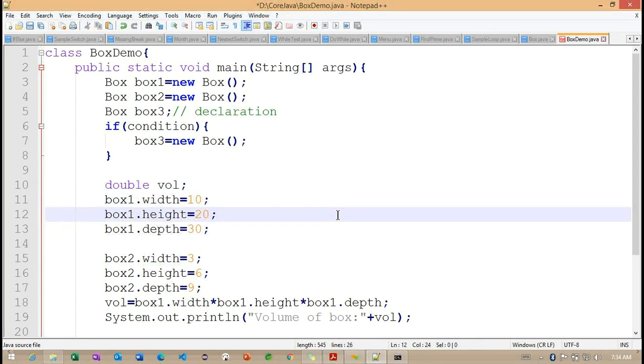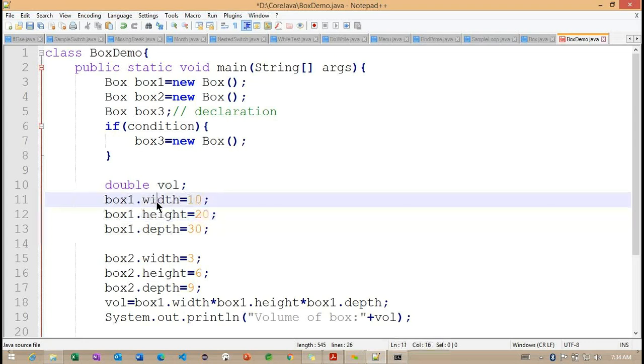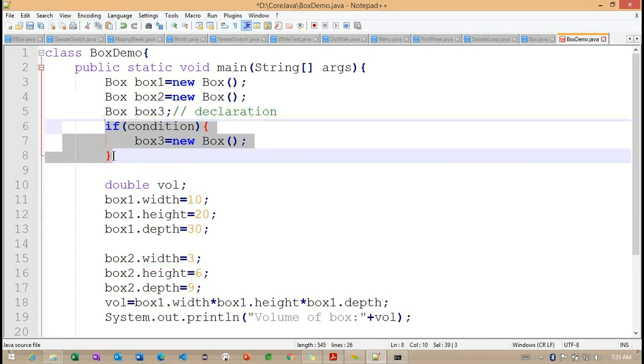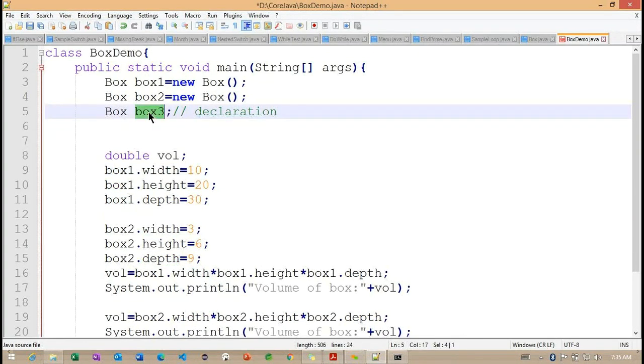So now we understand the simple variable information which is having the data type value. But here what I'm doing, I'm going to make it as an object reference variable. How we can create it here? So for example, I'm trying to connect with our object 3. Object 3 is a variable here.